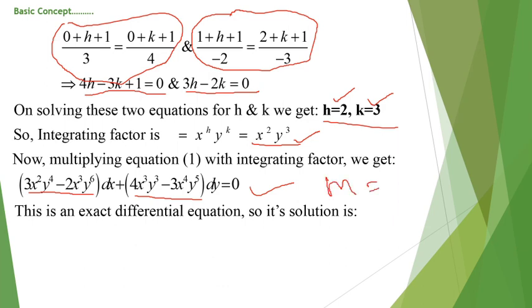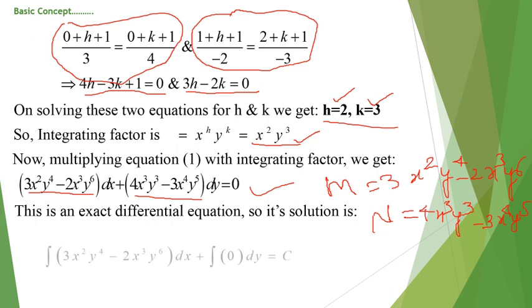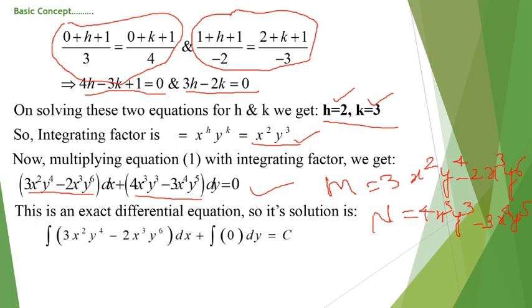So here, M is equal to 3x square y raised to power 4 minus 2x cube y raised to power 6, and capital N is equal to 4x cube y cube minus 3x raised to power 4 y raised to power 5. So its solution is integral M dx plus integral N dy is equal to C,